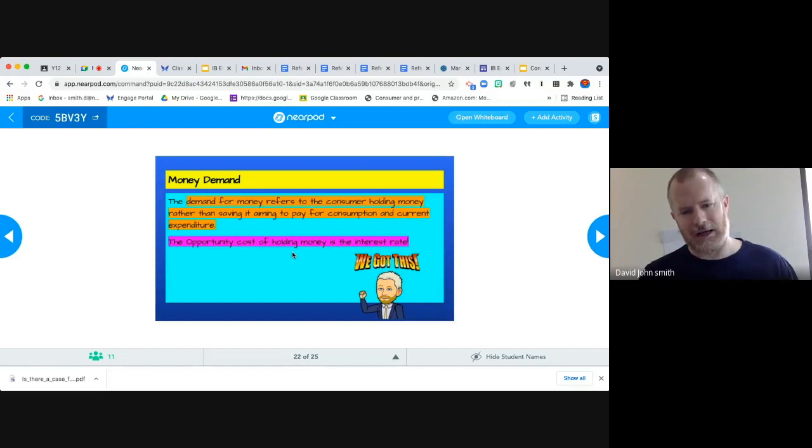So either way, they're going to be impacted by the interest rate and therefore opportunity cost, okay? Because they're holding on to the money. So whether they're holding on to it to buy goods and services or whether they're holding on to it because the value is changing, therefore it's worth to them as an asset, really doesn't matter because they're still holding the money. It's not in their bank account, so they aren't earning that interest rate.